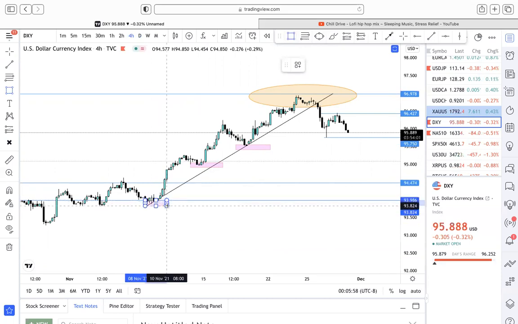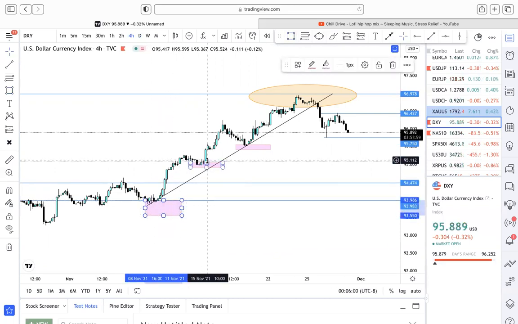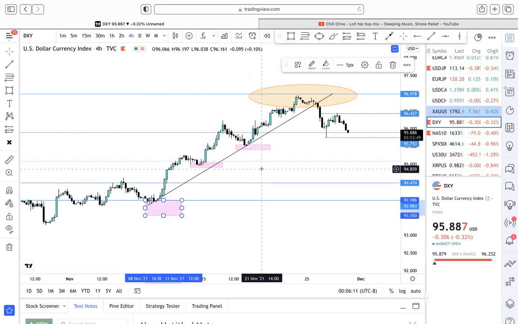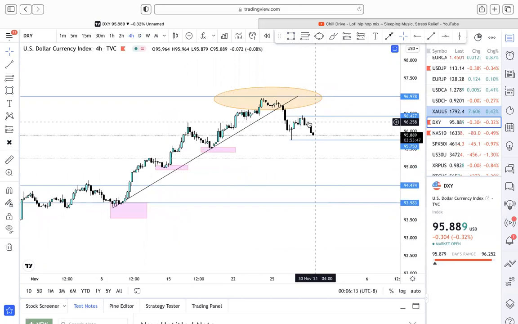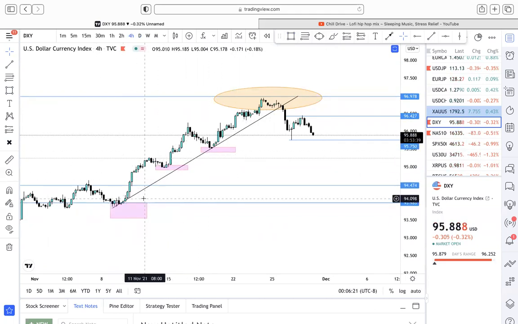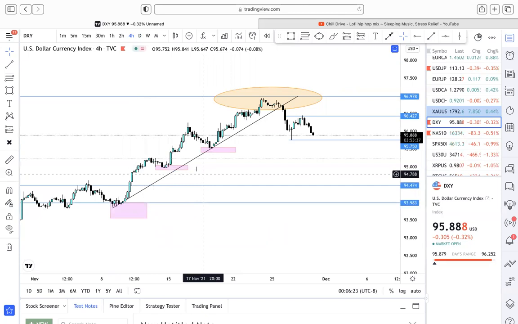Now, why? Because here, here, and here is where retail traders got in for buys. Therefore, their stop losses are now going to start being accumulated in those areas where they got in for what? For buys. So institutional markets are now going to start dropping with even more impactful movement to the downside to sweep through all those stops. And once those stops are cleared out, market is now going to start spiking once more to